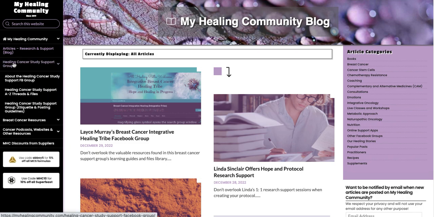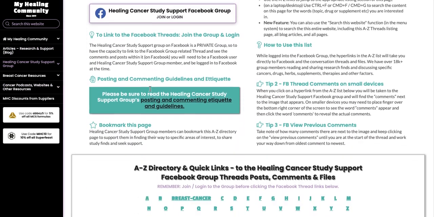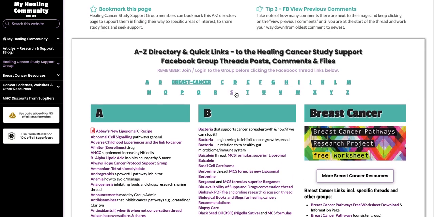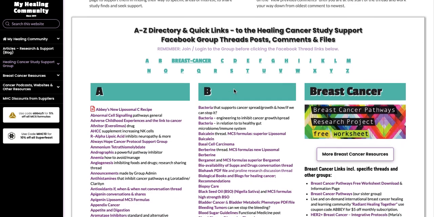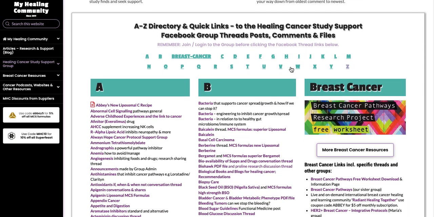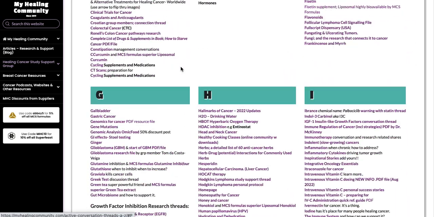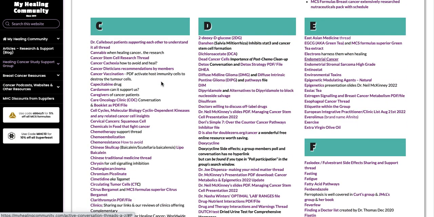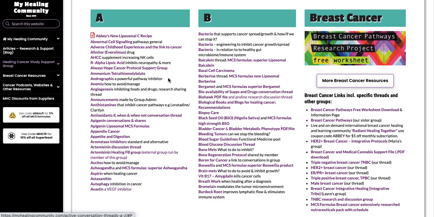We've got the menu item here that opens up on a desktop to show you that it contains the A to Z list of threads and files, which I often link to in the group to help people find their way around the group, how to use the threads and files at the top of the page. But for everybody who knows how to use it, the new feature is that you've got a quick zoom at the top of each page